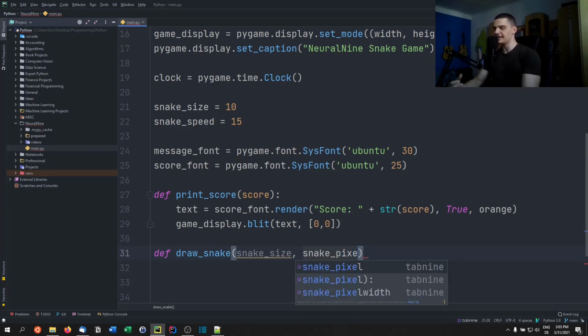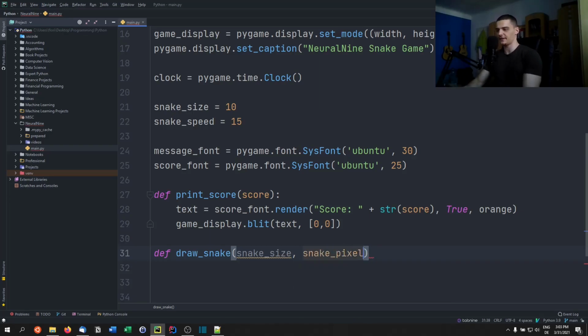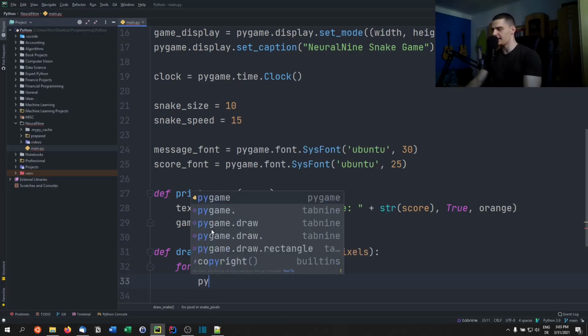So a snake consists of many pixels, especially if it eats a lot of food pieces. It's going to have a large size. And what we're going to do is we're going to have a list of all the positions of these pixels and the size of the individual pixel. So in this case, we're just going to say draw snake, and we're going to say for every pixel in snake pixels, we're going to say